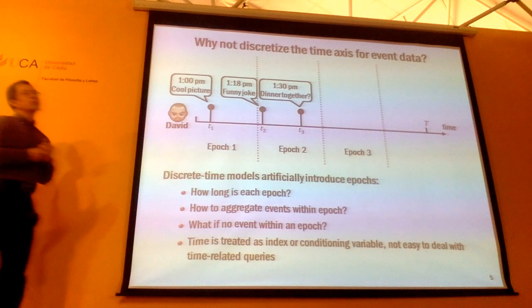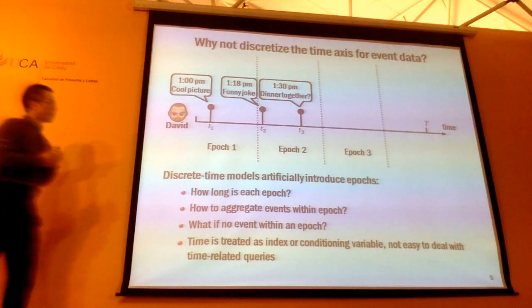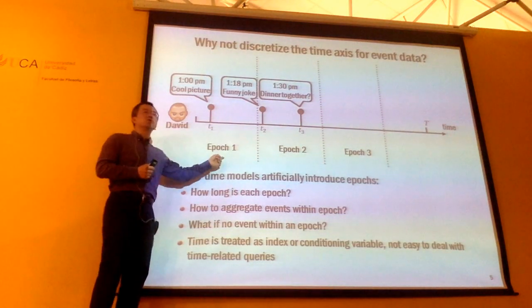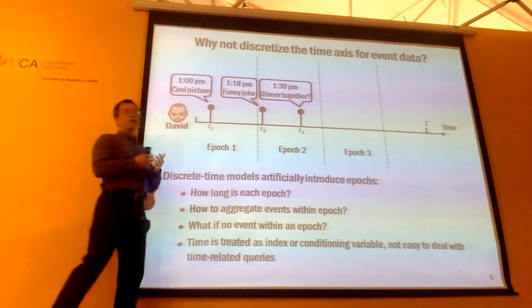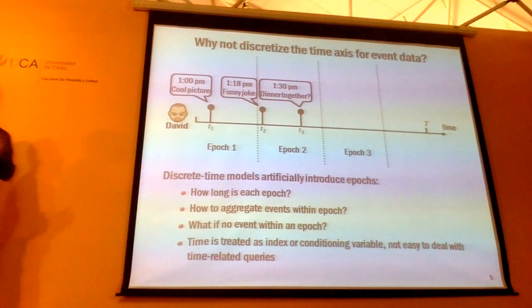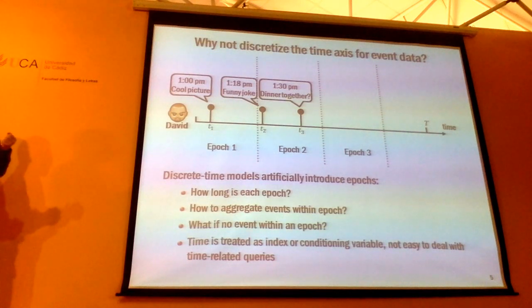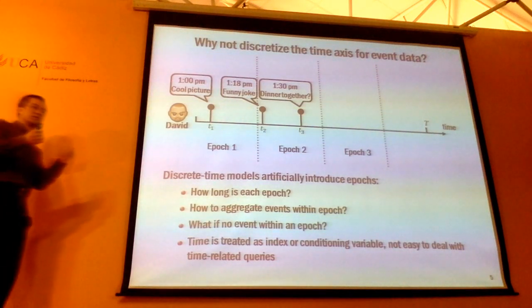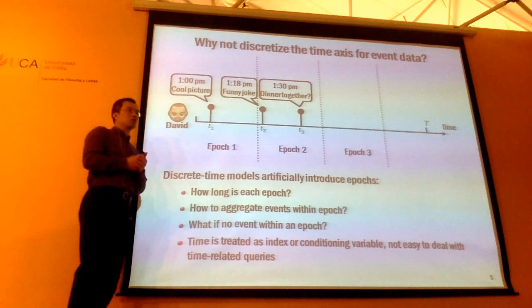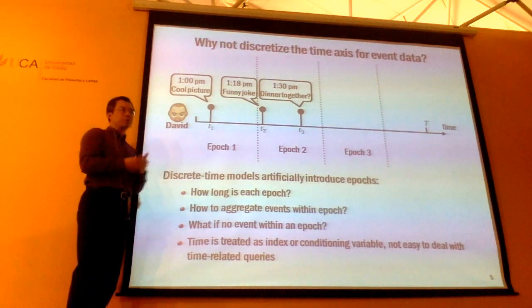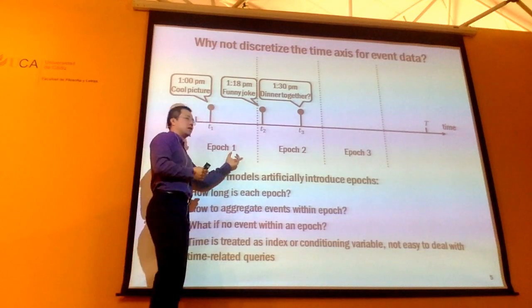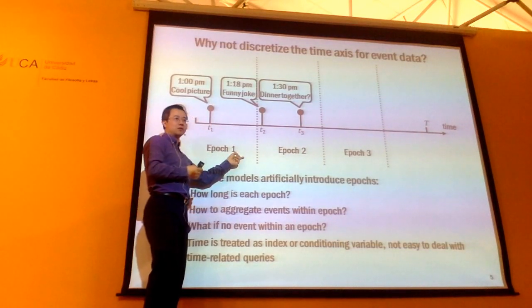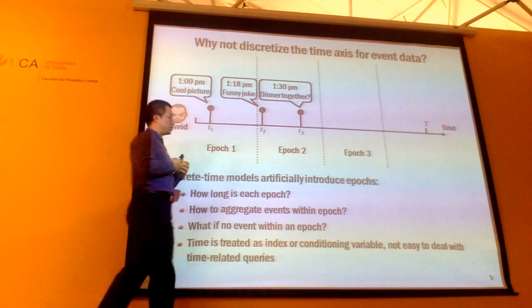But very quickly you will find that you are going to run into a problem. The first problem is how do you actually choose this epoch, right? Whether you should choose it as 1 minute, 1 hour, or 1 day, things like this. Actually, if you look at different pairs of people, the temporal resolution or the speed of interaction between different people is very different. It's very hard to choose a unified length for the epochs, okay, and then use a time series model. This is the first problem.